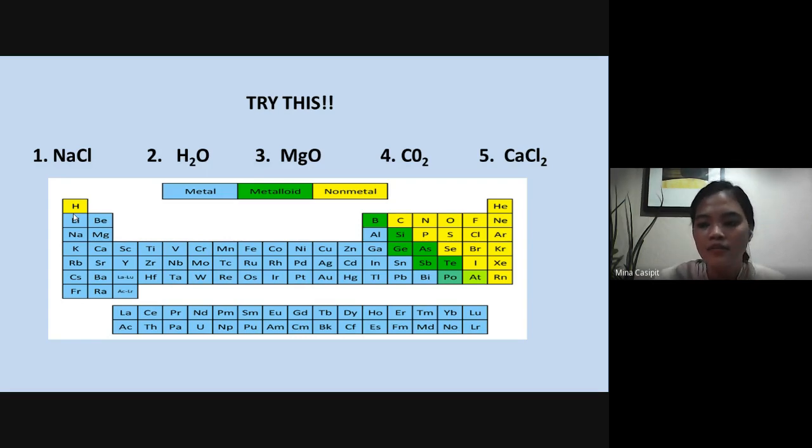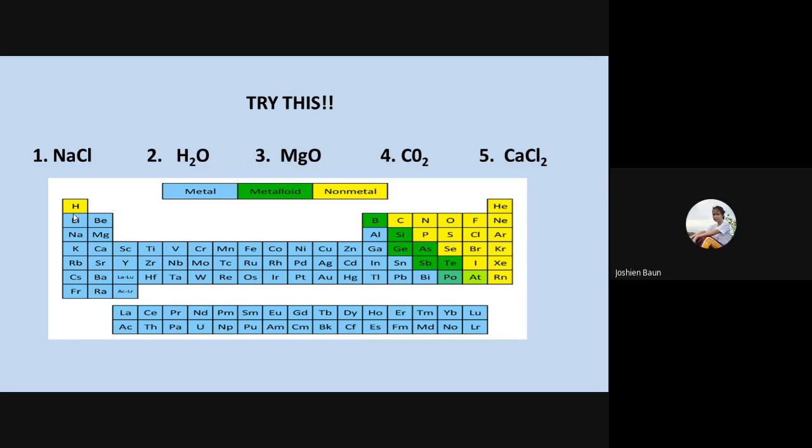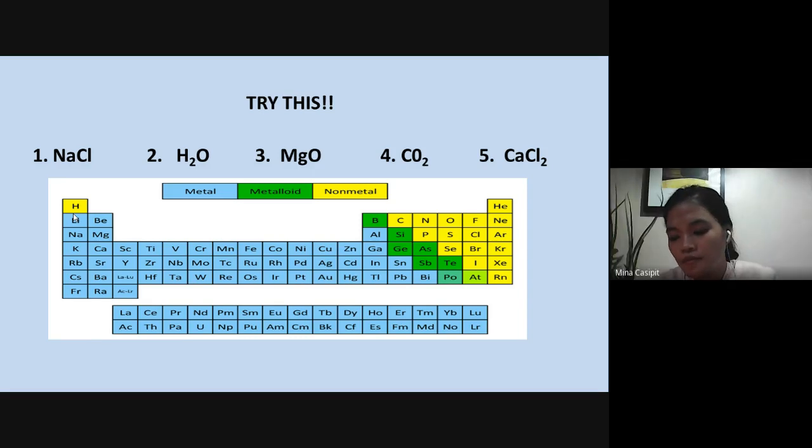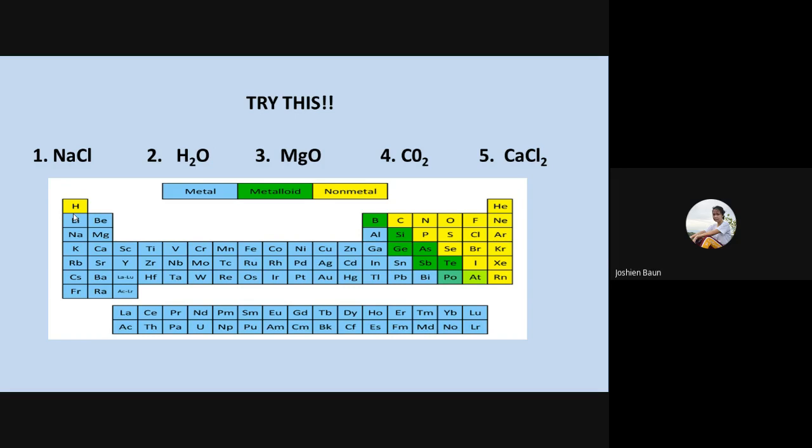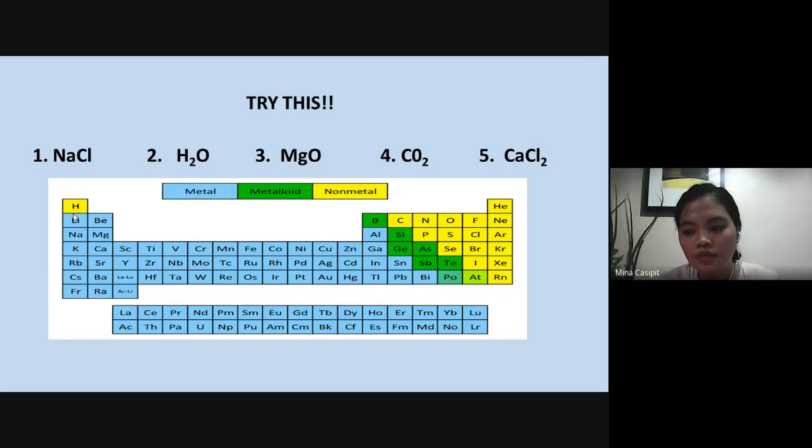Yes, go ahead, anak. Ma'am, hydrogen po, non-metal po. Then yung oxygen po, non-metal din po. Correct. So, what type of compound? Covalent compound. Okay, correct. And what is the name of that compound? H2O. Hindi ba kayo familiar dyan? What is the name of that compound? Water po. Water. Okay, correct. Water.